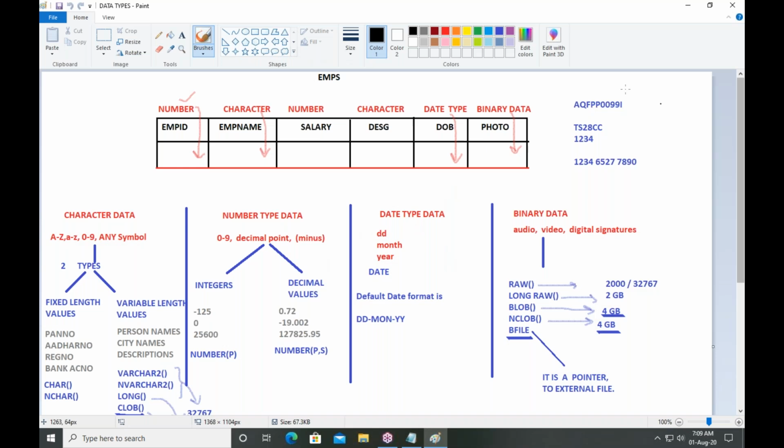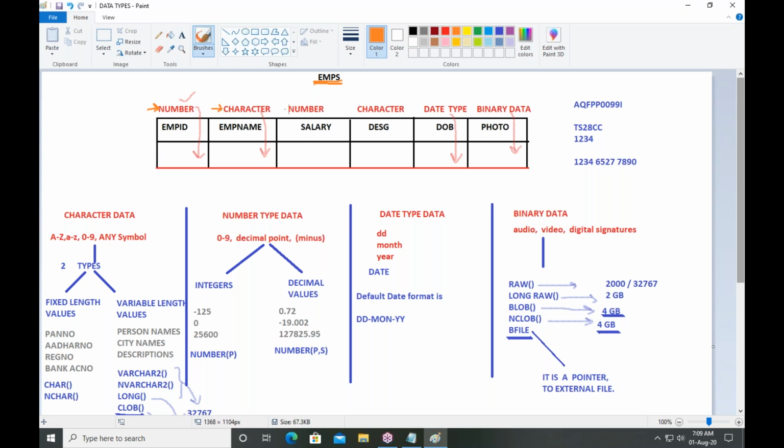See here. Here I am considering a table EMP, and the table has these columns. Employee ID, what type of data? Number type data. Employee name, what type of data?